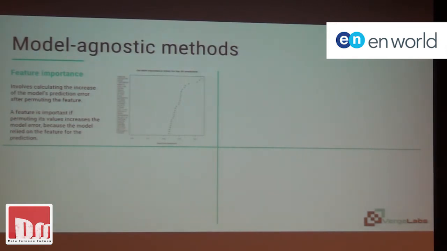It doesn't tell you the magnitude. Sorry, it tells you the magnitude. It doesn't tell you the direction of the importance. It doesn't tell you that much about the relationship, but it's a start. Particularly if you're looking at things like overfitting or pruning variables, it's a good place to start.